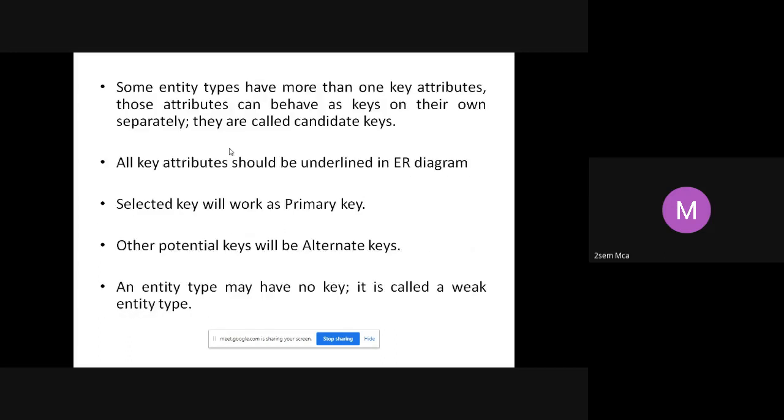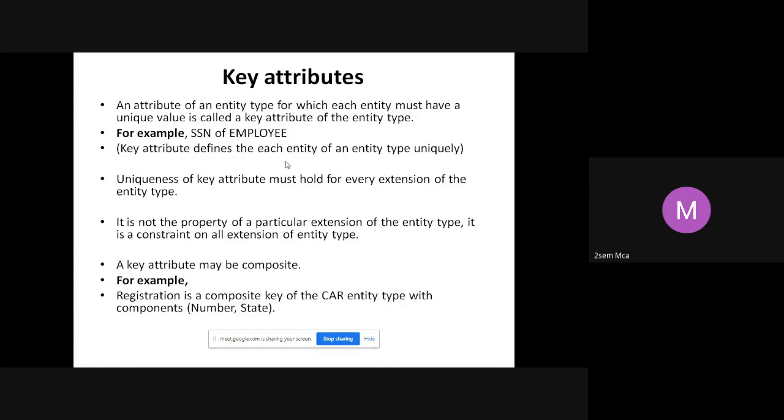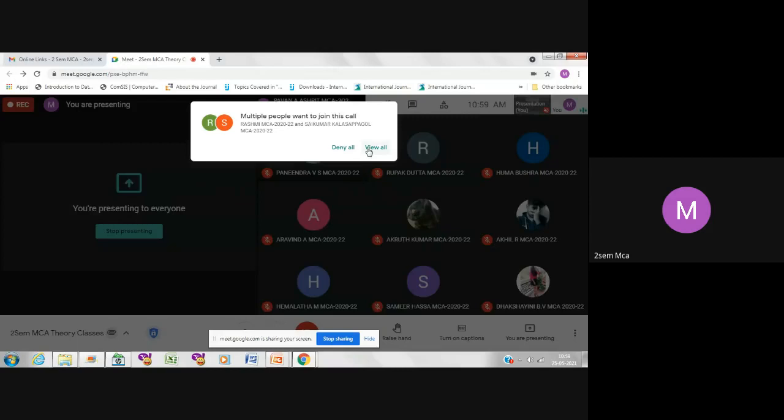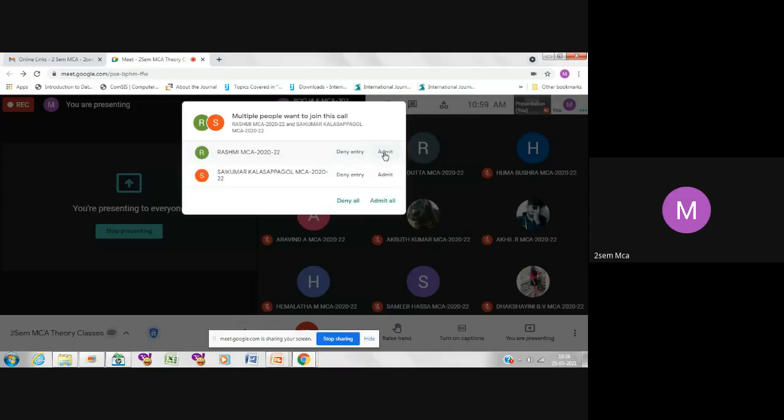And then we saw one more thing called a composite key. Composite key means, when no single attribute is able to behave as a primary key, then I have to take a combination of attributes in order to make a primary key. That combination of keys you call a composite key. We also took some examples of that.